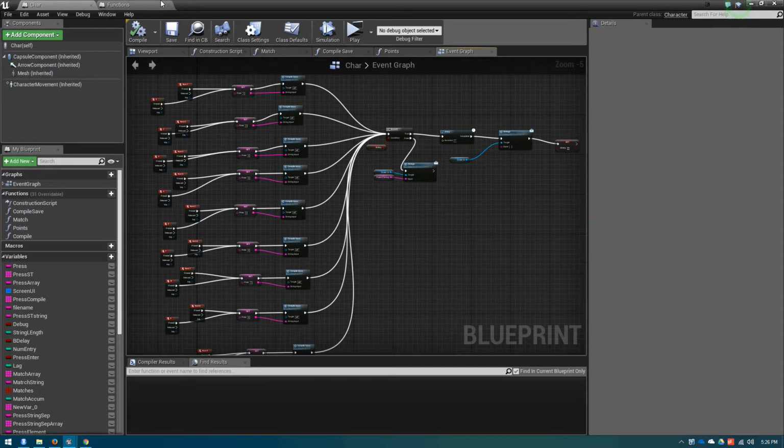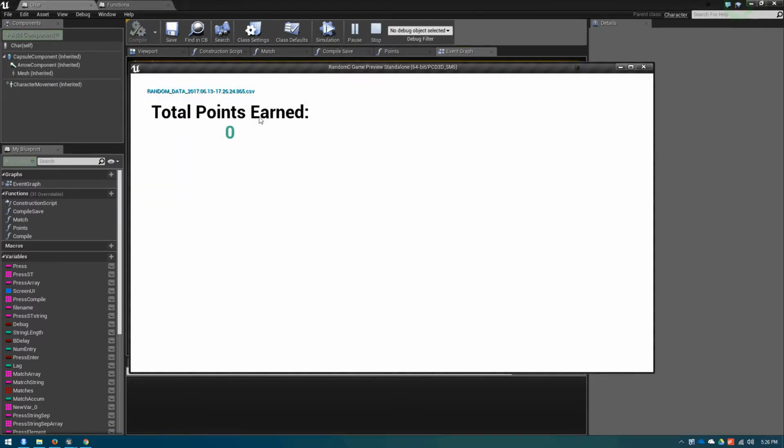So the task itself, if we hit play here, we should be able to see it. Basically, it is a blank screen. There's no instructions because it's pretty basic right now, but there's information on the screen in the upper left-hand corner that says the points earned. And the job of the participant is to enter numbers, a 6-digit number. After that 6-digit number is in, the subject's required to hit enter, and nothing happens on